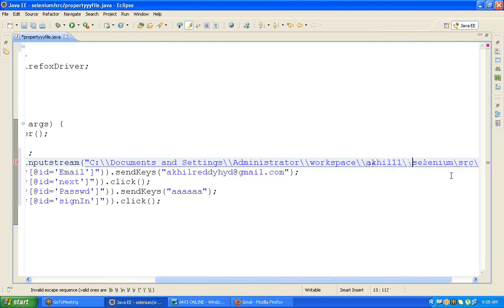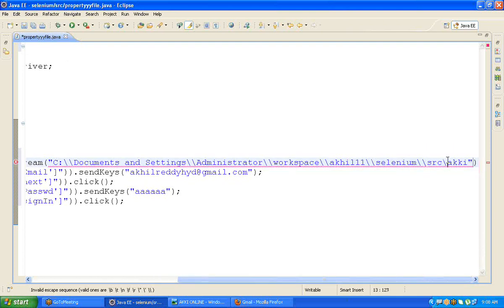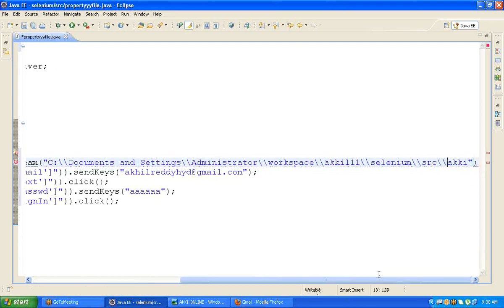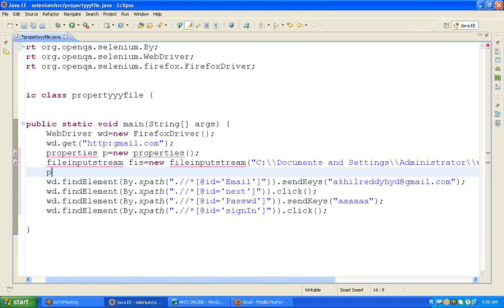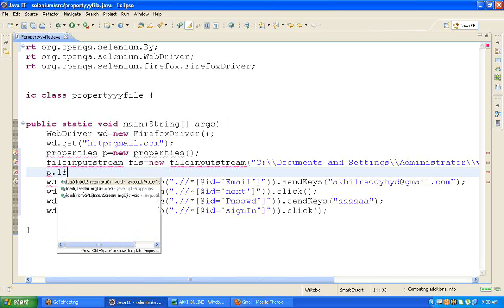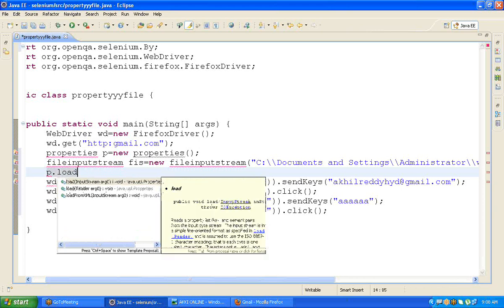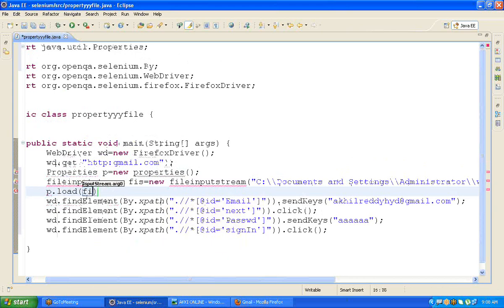You need to remember double backslash. If you want to import or export, we will use double backslash. And finally, keep a semicolon. Next, p.load(fis), the file input stream reference, semicolon.